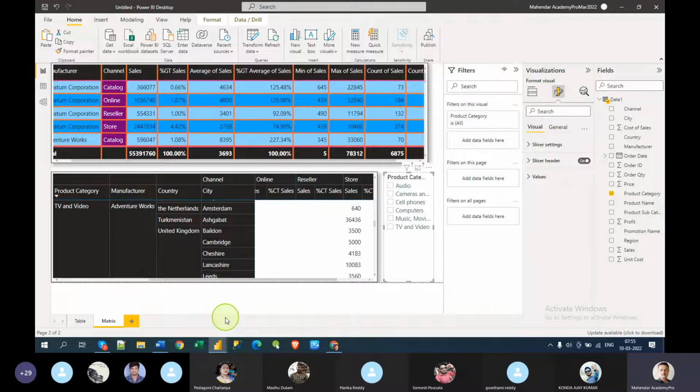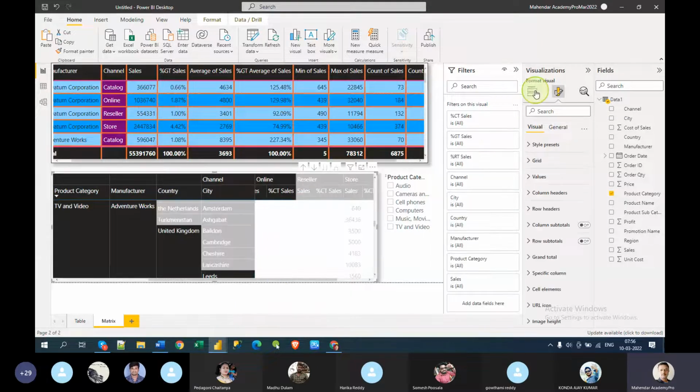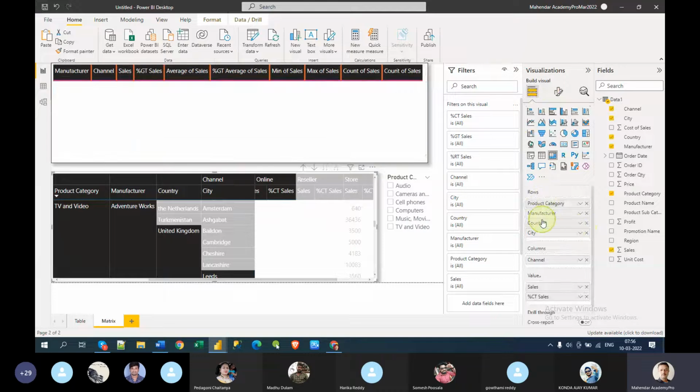We've learned a lot actually. You think, oh no, why is he wasting so much time just on the table and matrix? But no, I'm not wasting. When you practice it, you will understand. So we tried here with two values in the columns, two values in the rows, two values in the values. Okay.